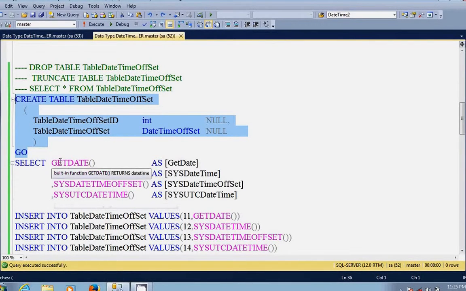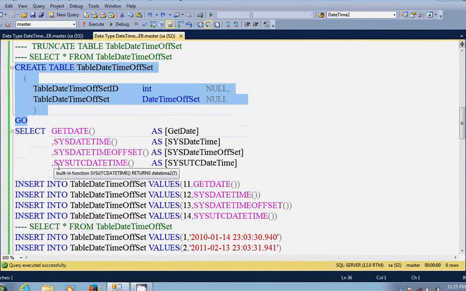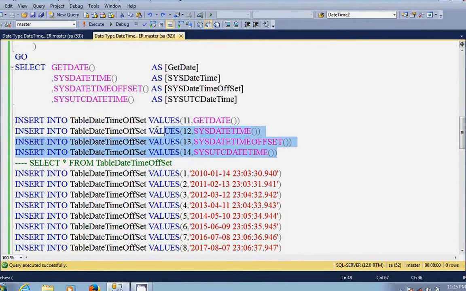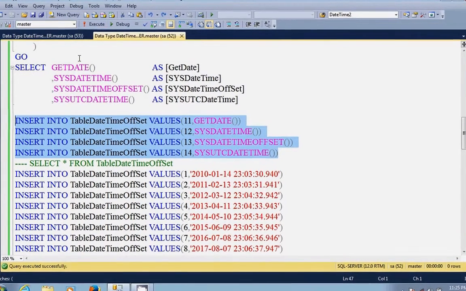These are the four functions related to dates and times. If we insert these four values into a datetimeoffset column, what will happen? Let's insert these four values into the datetimeoffset table.